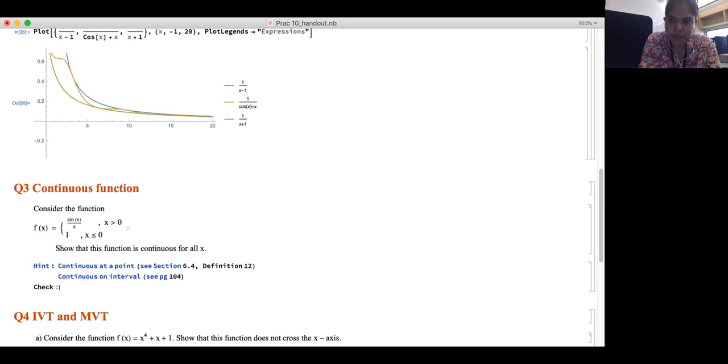So we only look at the continuity at 0. Except possibly 0, x equals 0. Okay,